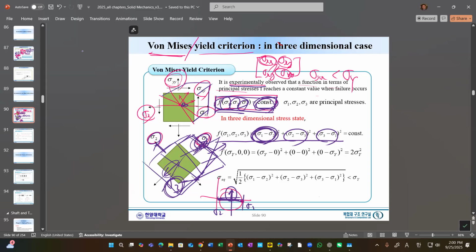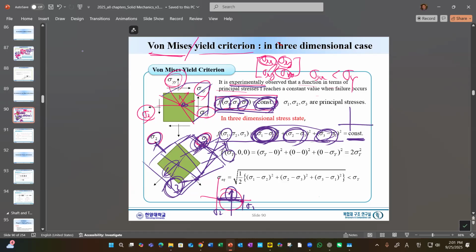So depending on the plane, we may have 2 principal stresses, so totally 3, and for each plane we have a maximum shear stress, and the scale will always be a constant. Okay, constant. Then what is the constant? Well, this constant is obtained by applying this equation to a one-dimensional case. One-dimensional, what does it mean? Sigma 1, when it reaches the yield strength,